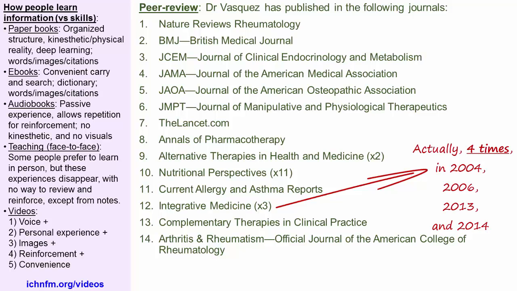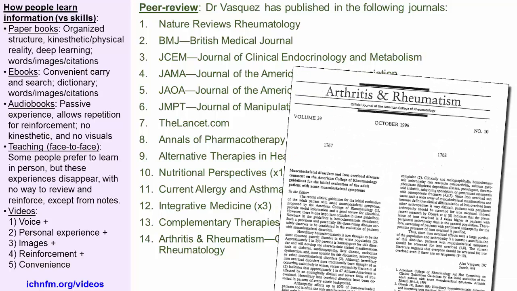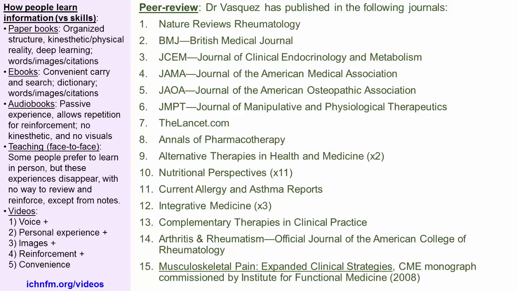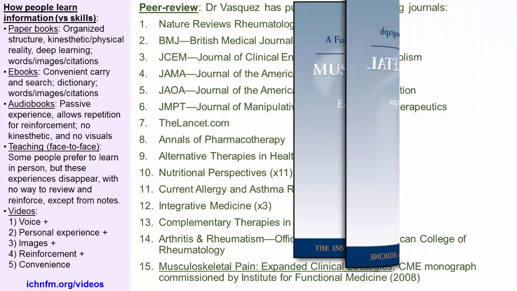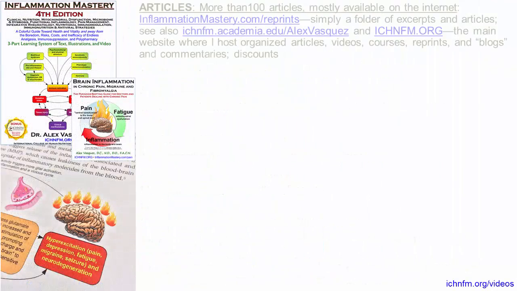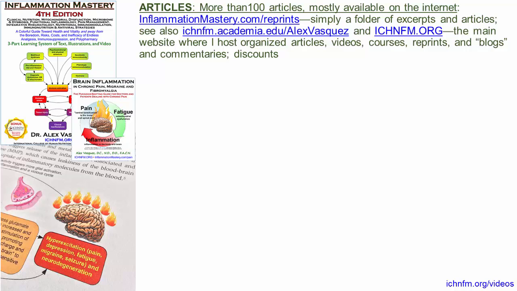and one of my earlier publications, one of my first publications, was actually in Arthritis and Rheumatism, which is the official journal of the American College of Rheumatology. Also in 2008, I published a commissioned CME monograph for the Institute for Functional Medicine entitled Musculoskeletal Pain, Expanded Clinical Strategies. I've published approximately 100 articles, and I've made most of these available either at inflammationmastery.com/reprints, which is simply a folder of excerpts and PDF articles, also on academia.edu, and also at the main website of